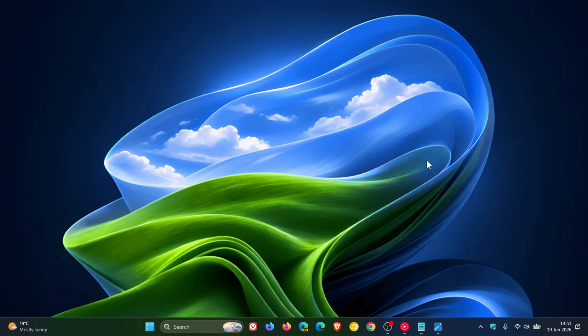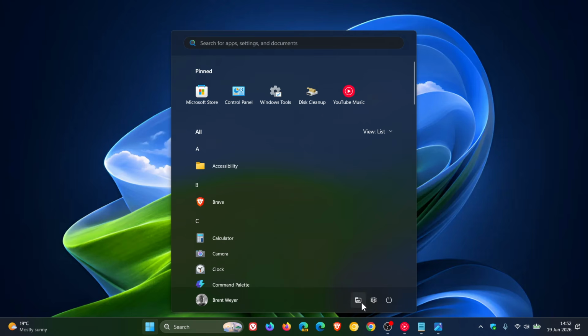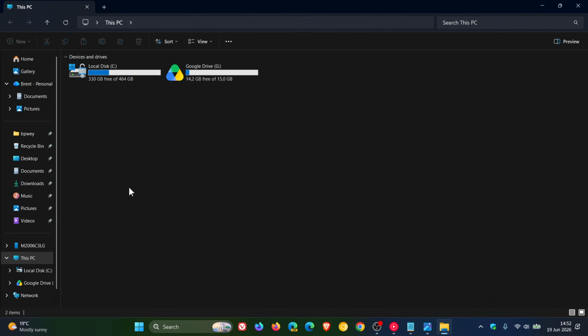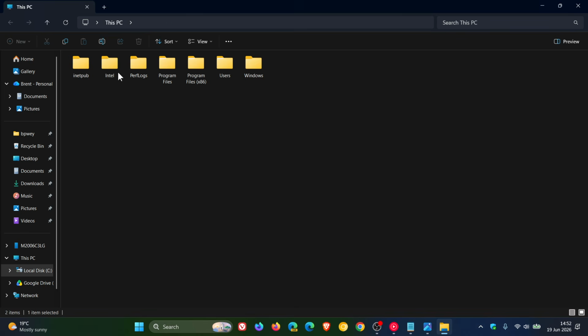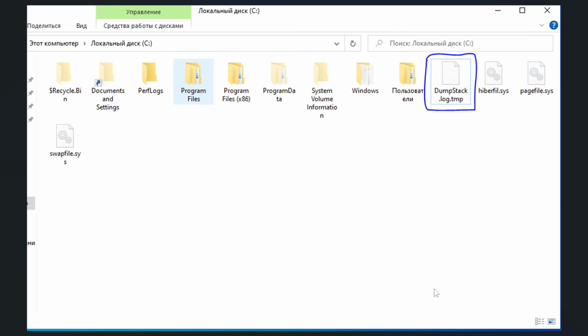So on Windows, when your system runs into an error or a problem, normally called a stop error, also known as a blue or black screen of death, what happens is it downloads a dump file, normally to your C drive or the drive your Windows is installed on, and will put it in this location. Now, here's just an image I've managed to source on the internet to show you what I mean. So you get a dump stack